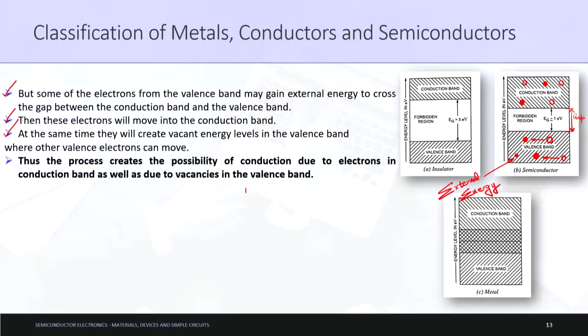Okay, so one way is movement of electrons from valence band to conduction band, and second is